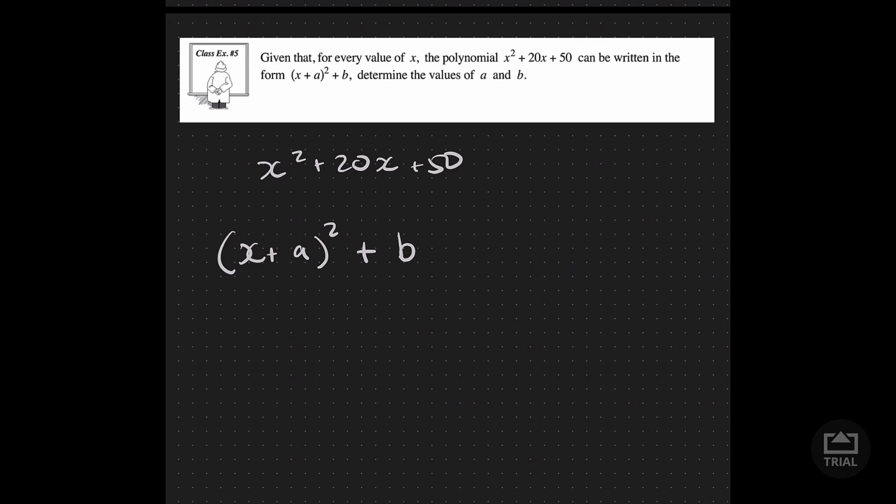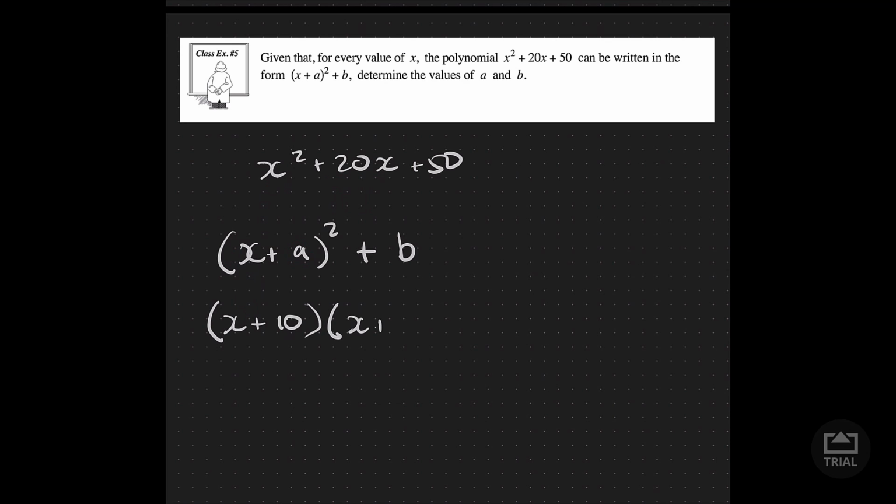Now b can be a positive number or a negative number. And we just need to remember the rules right here when we are squaring a binomial. The first term is squared, which becomes right there. For the second term, it becomes whatever value is in front of the x, which is 1, times whatever a is, and then we double it. So essentially, because this is a 1 in front of the x, we just need to take that number and divide it by 2. And so in that case, the a is going to be 10. So this is going to break down into x plus 10